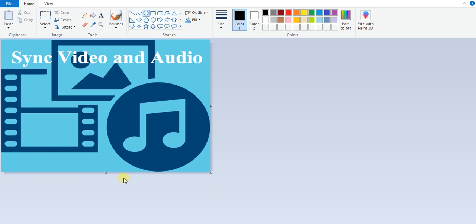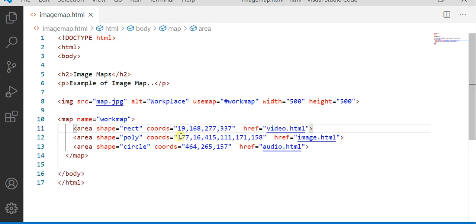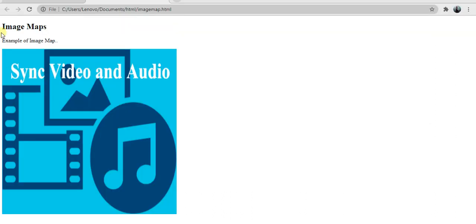Okay, these three shapes as I have demonstrated here: rectangle, poly and circle. I represented their corresponding coordinates and their corresponding HTML file. Let's see the output. Heading and paragraph tag I have given.